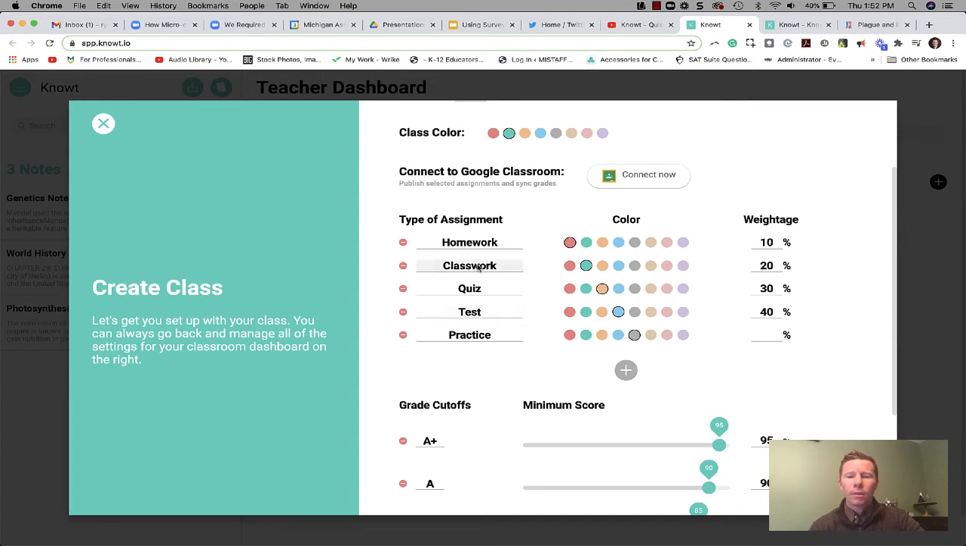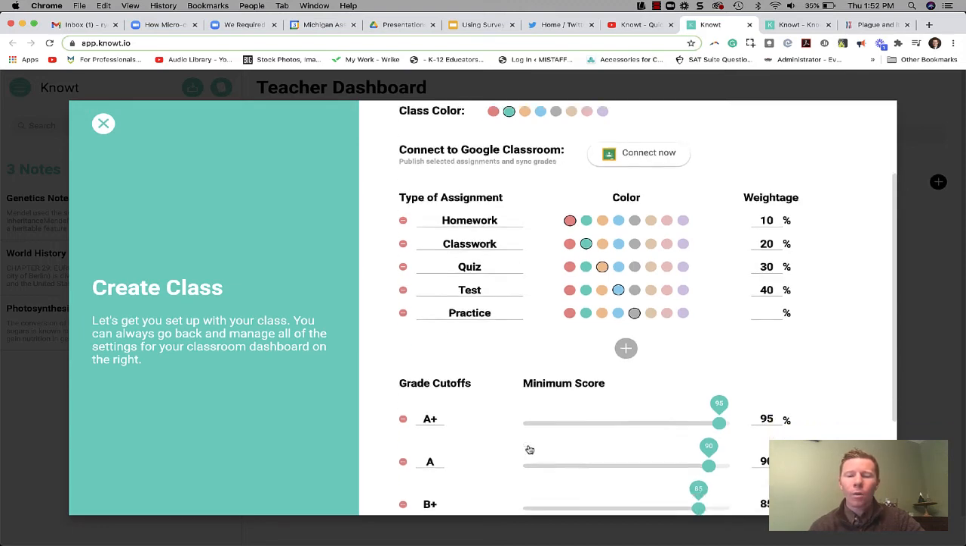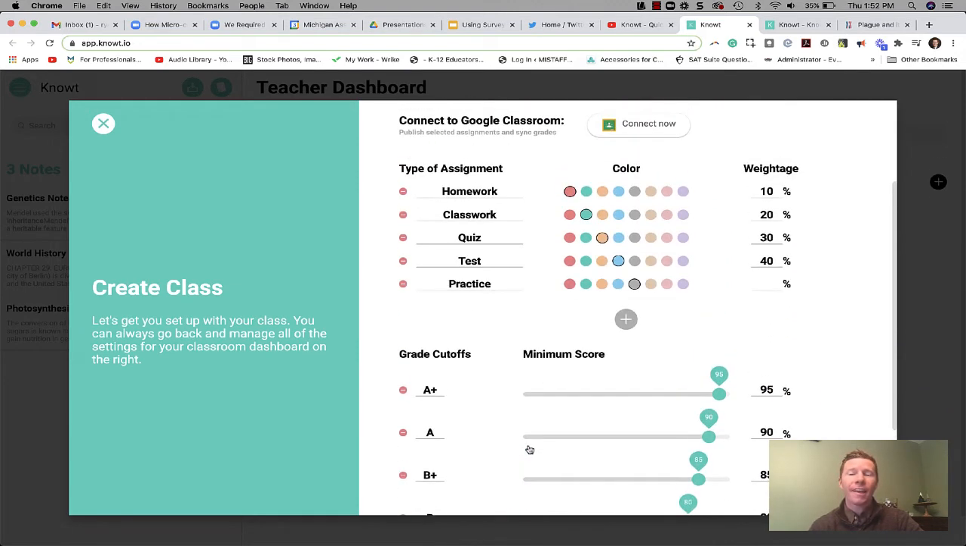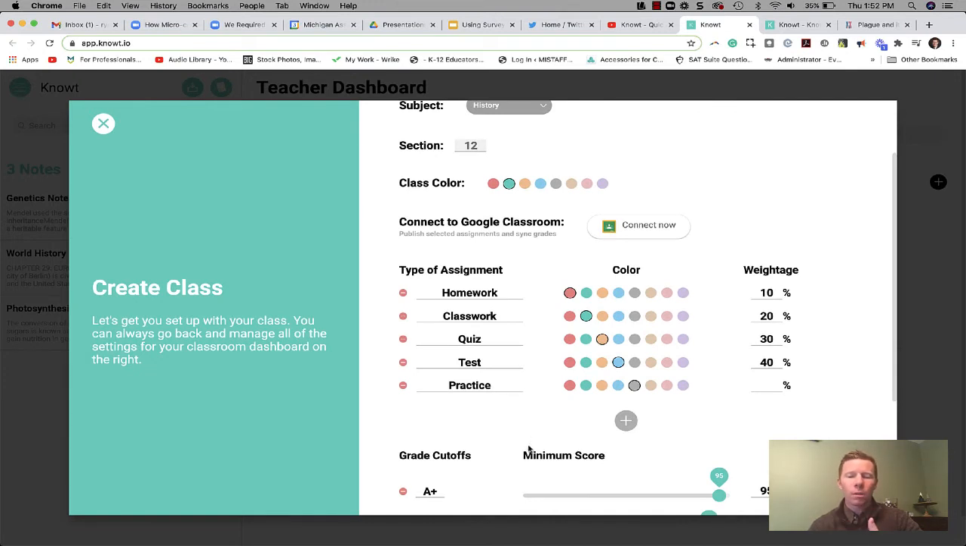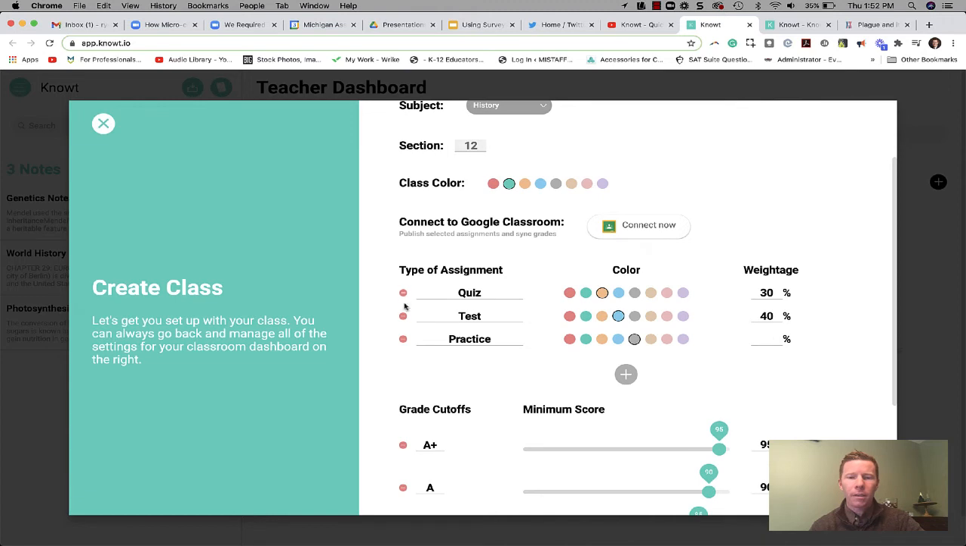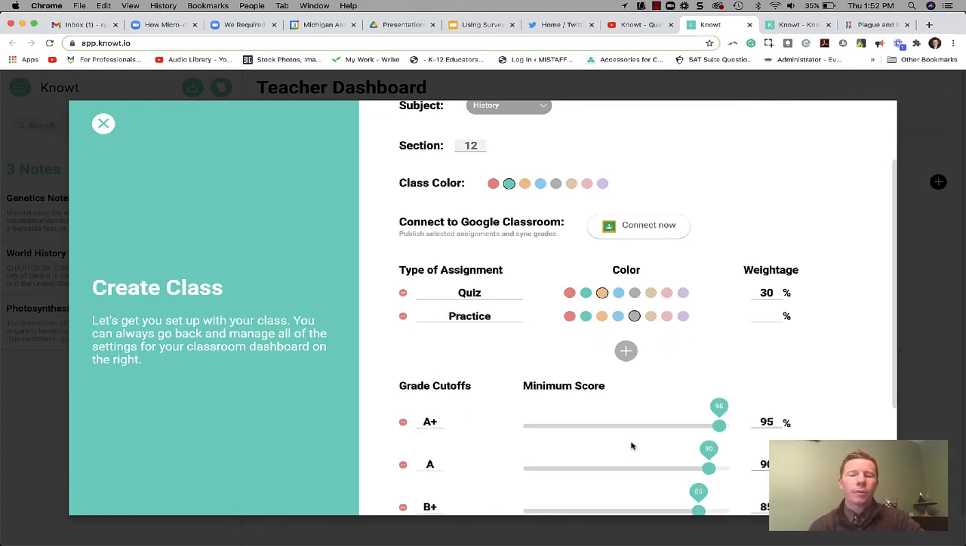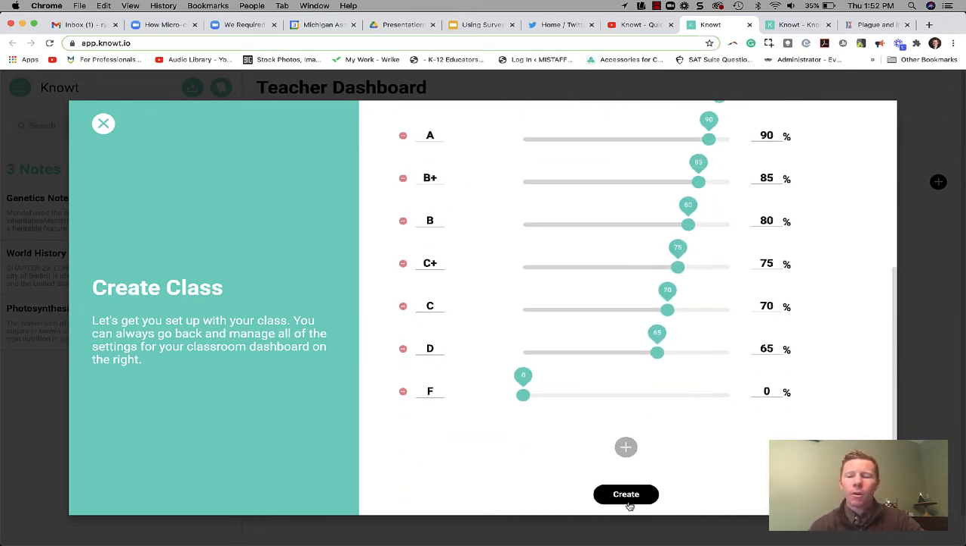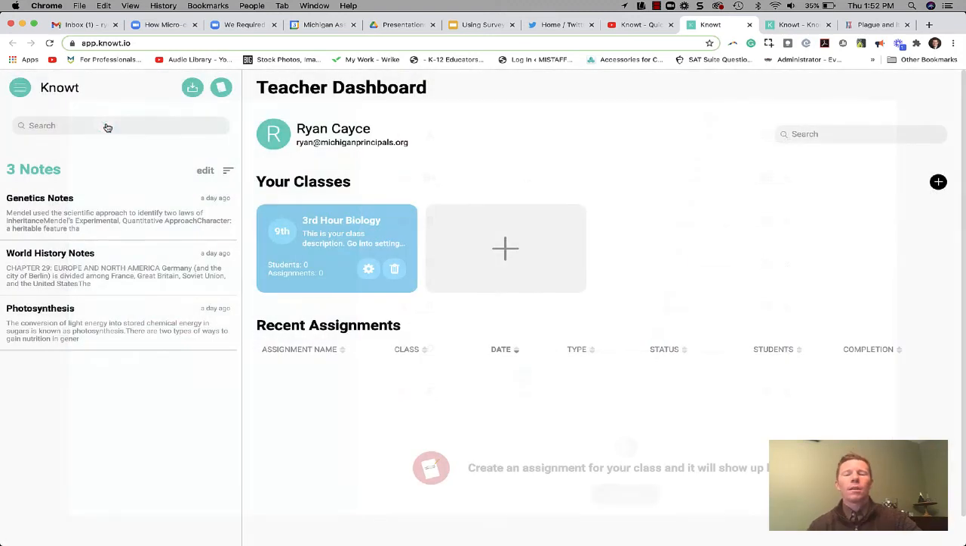So as you can see here, there's homework, classwork, quiz, test, practice, and they can all have different percentage points weighed out, and you can even adjust what those grades are. Again, that is if you are going to score it or have Knowt score it for you. But if certain things you don't want to use, you just hit the little minus sign, and you're left with different items there. Again, once you have that all set up, you would then hit create, and it'll show up